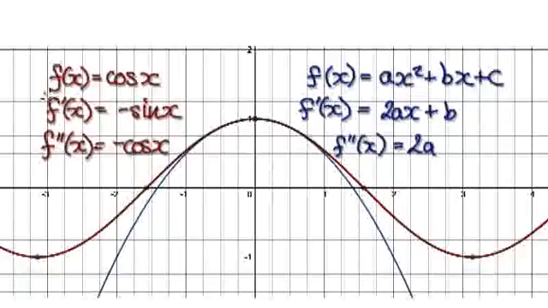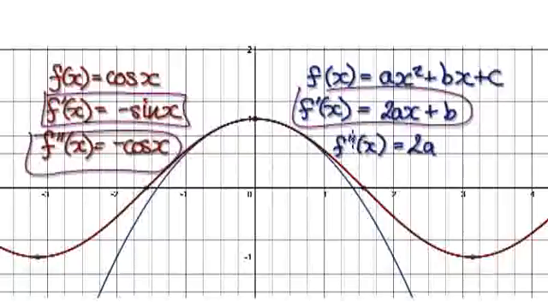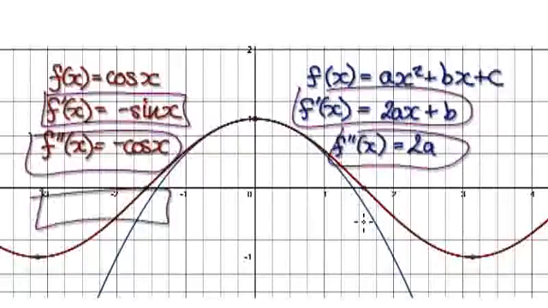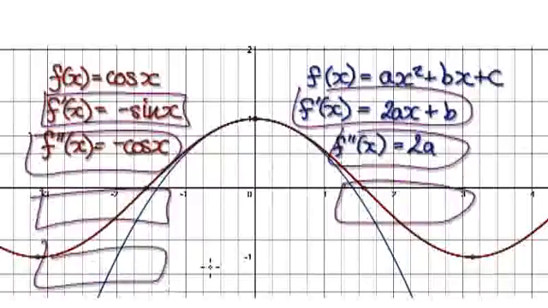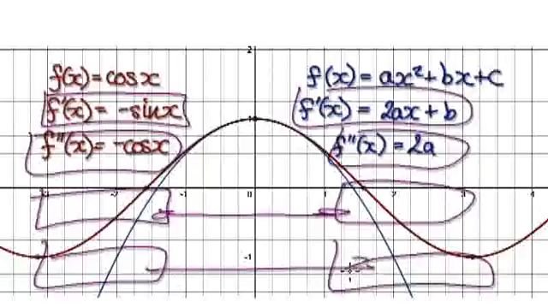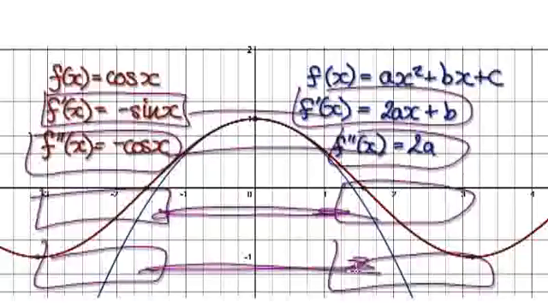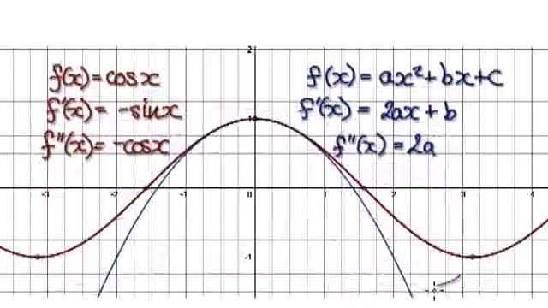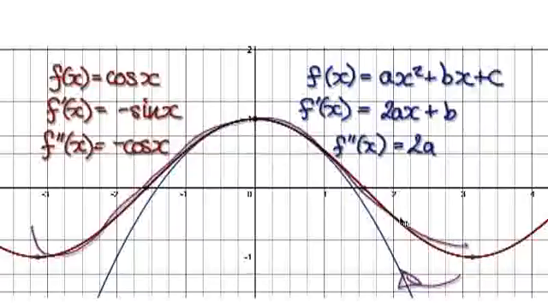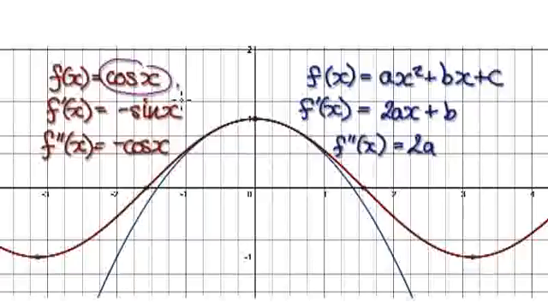But each time you do it, you have to ensure that the first derivative matches up with the first derivative, the second derivative matches up with the second, the third derivative matches up with the third derivative, the fourth derivative matches up with the fourth derivative. Make sure, for some strange reason, if you ensure that all the derivatives match up, then for some reason this blue line here will eventually map on top of the cosine graph. But when you come to do this for a general case, make sure that you can differentiate this n